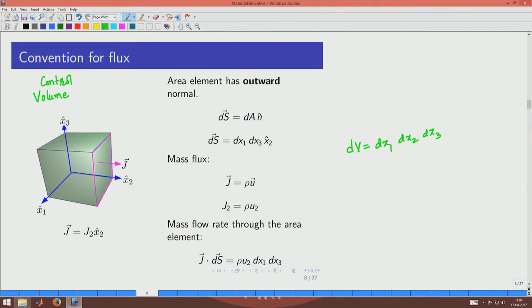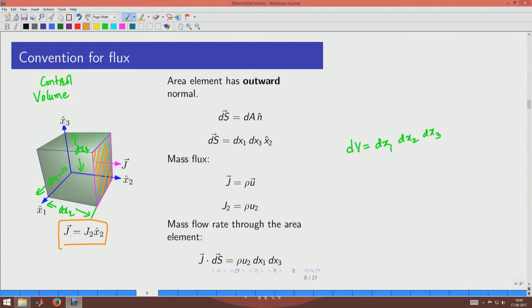So, you would have this as dx2 here, okay, and this is dx1 and this is dx3. If you are looking at the flux of mass through a phase, let us take this phase which is already colored and noted, then this flux j through that phase can be defined as j, for example, with its component. So, j2 x2 is the flux through this phase.